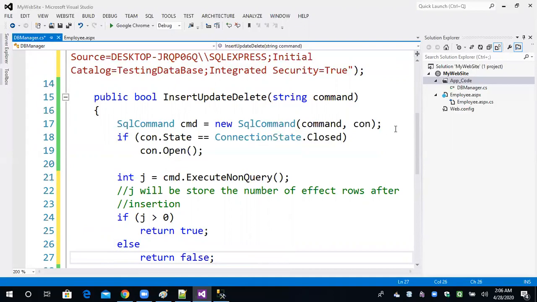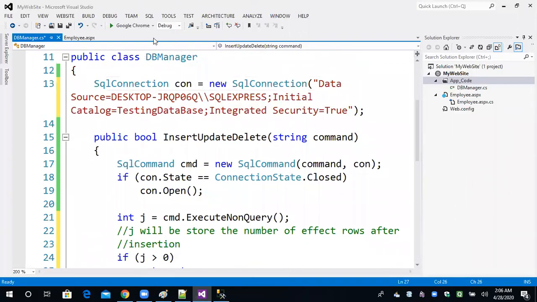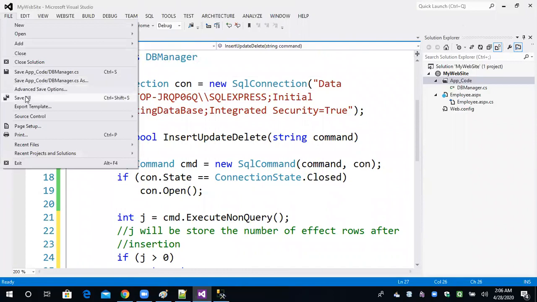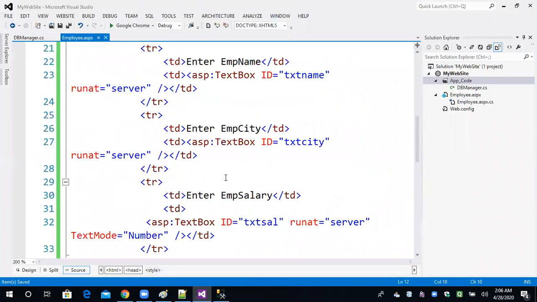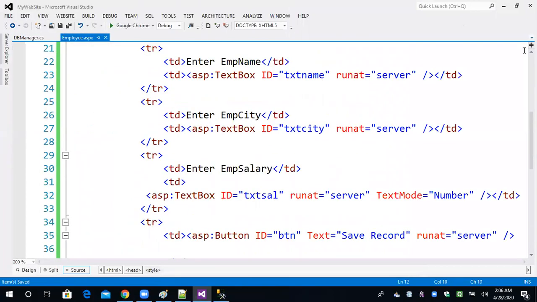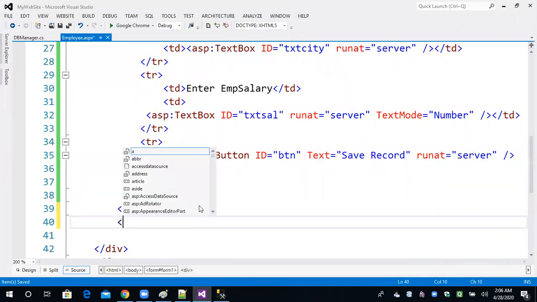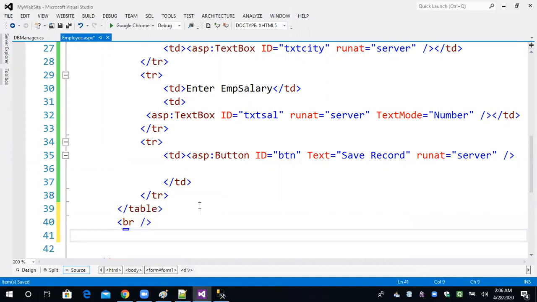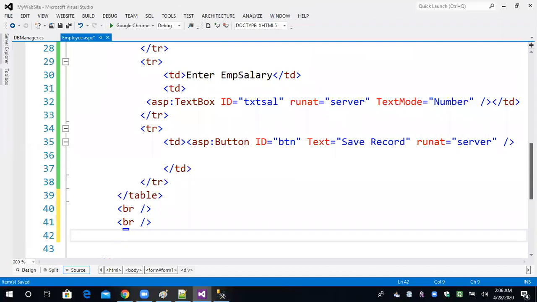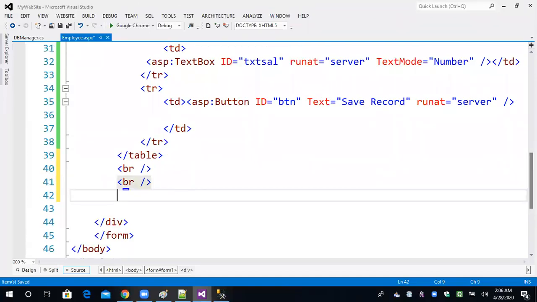Okay, this programming part is done, but we have to do some more work. So how to send the data? Just a moment. I'm saving all these things and going to the employee page. Now just close this portion, and I'm taking one span for the confirmation point of view, to see whether this data is successfully stored in the database or not. So one second, span, and